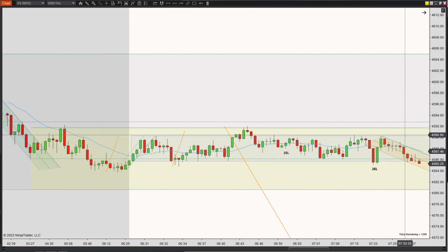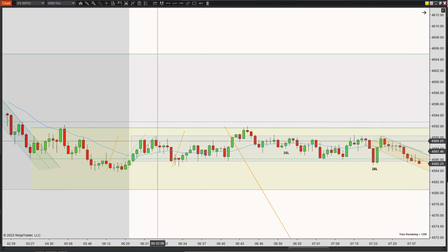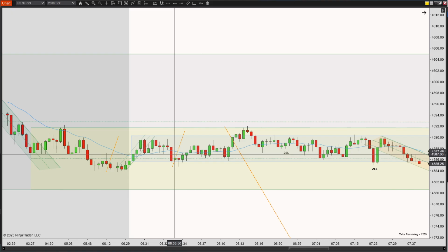Things were very choppy. You can tell this is 45.90 and this is 45.86. So this is actually a 4-point range. When you're trying to scalp out 1 point, if prices are moving from the highs to the low in 4 points, scalping out 1 point or 6 ticks is kind of asking a lot, mainly because,